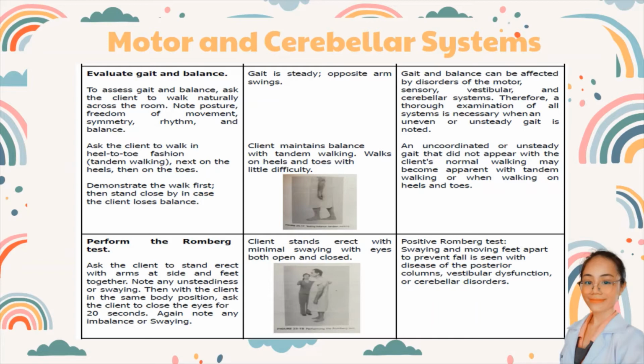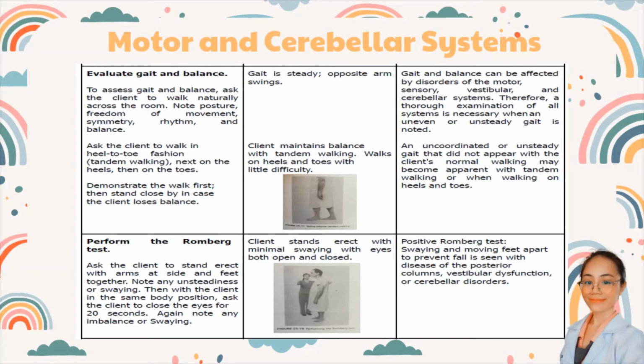Ask the client to stand erect with arms at side and feet together. Note any unsteadiness or swaying. Then, with the client in the same body position, ask the client to close the eyes for 20 seconds, and again note any imbalances or swaying. The normal finding is that the client would stand erect with minimal swaying with eyes both open and